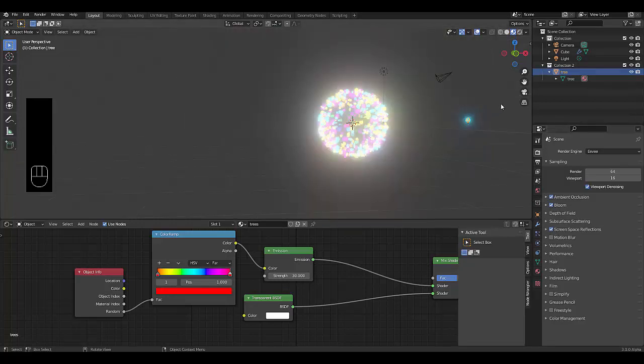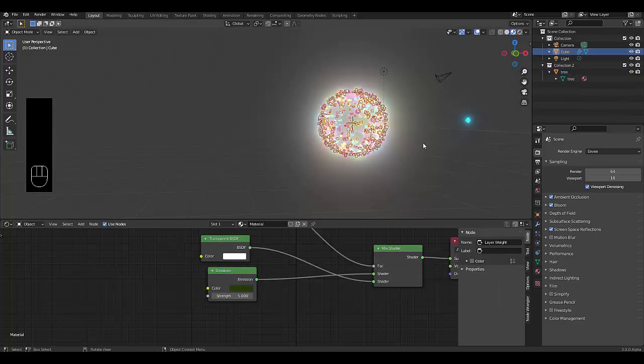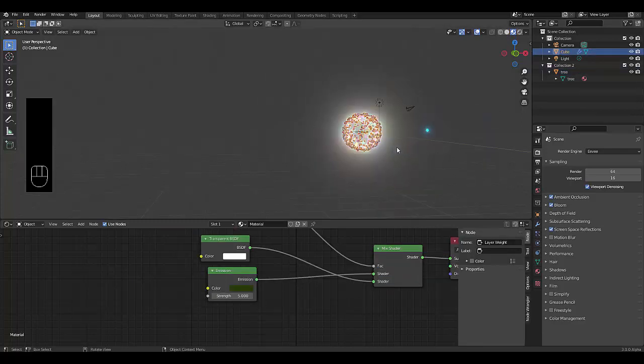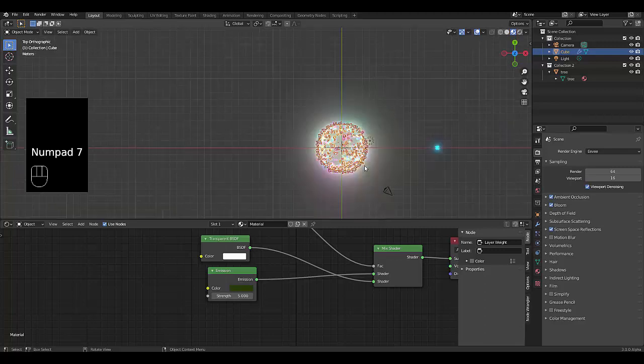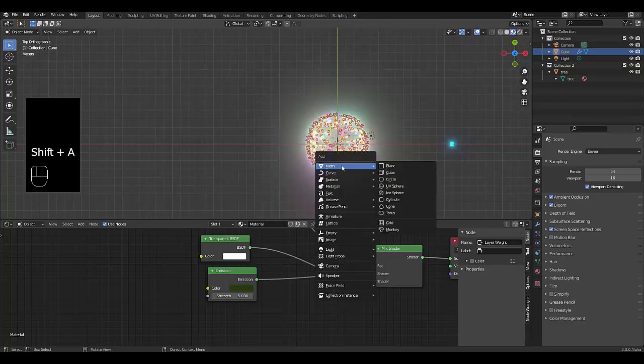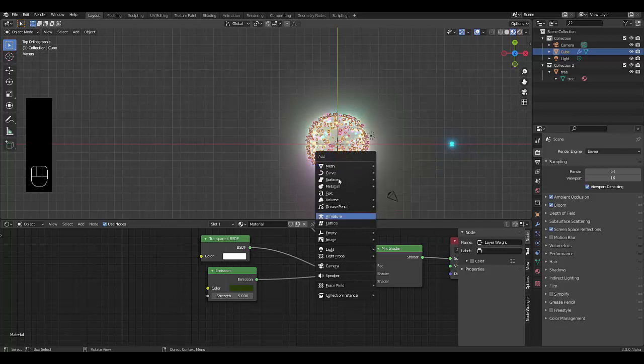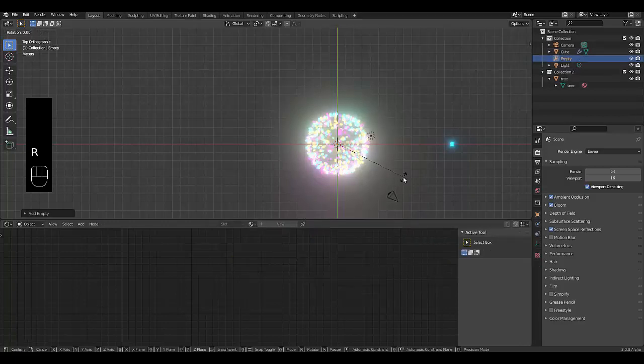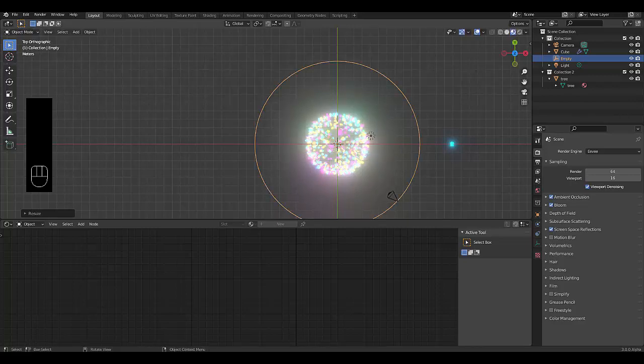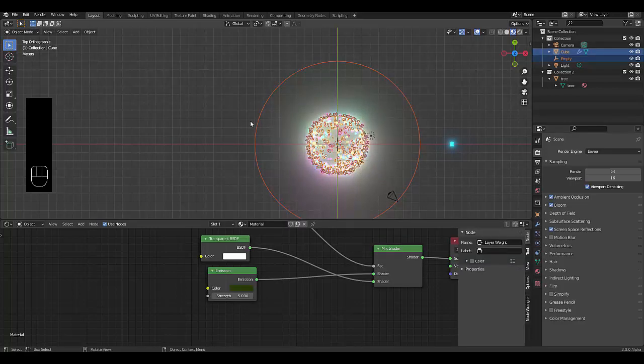and the last thing we want to do with this is select our original cube and press numpad 7, press Shift A, select an empty. Where is the empty? Here it is, and circle. RX90, S10, shift select the cube, Control P to parent it,